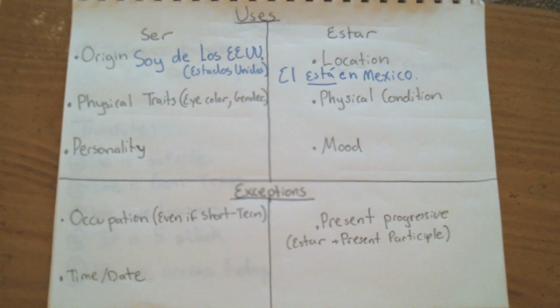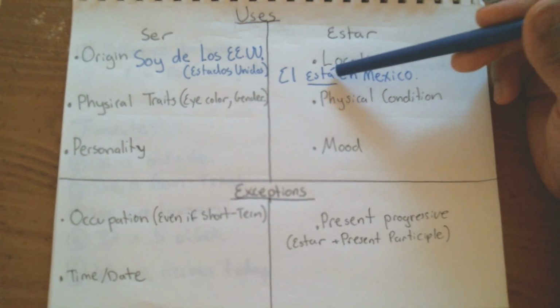Like, maybe he's on a trip or he's moving there for a few years, but it's a fact that is subject to change. The economy in Mexico could worsen and he could choose to leave Mexico, or he could like Mexico so much, but then say, "I prefer to try South America now," and he could go to South America. But the overall idea is that when something is subject to change, use estar.